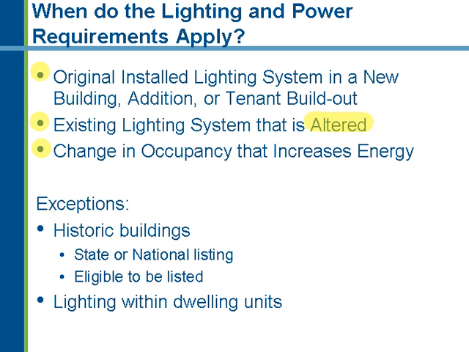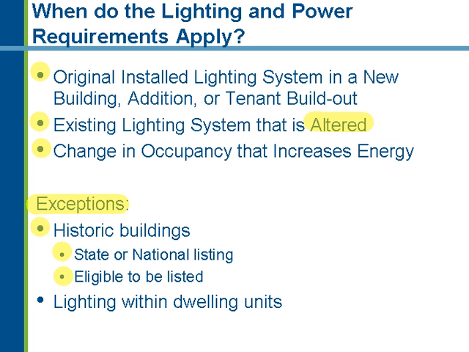There are some exceptions to when you don't have to comply with the lighting. One would be historic buildings, and there are various levels of historic building status. There are state listings and national listings. If you're on one of those listings or if you've been deemed eligible to be on one of those listings, you don't have to comply. There are some other historic building possibilities also, which have to do with regional listings or if you're associated with another historic site. And those will be done mostly on a case-by-case basis, working with the building official to gain that kind of